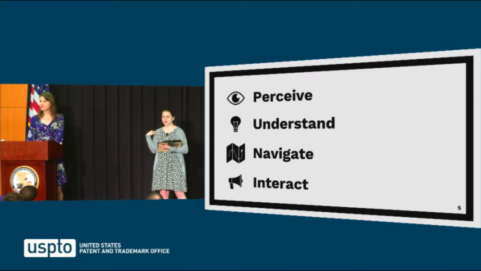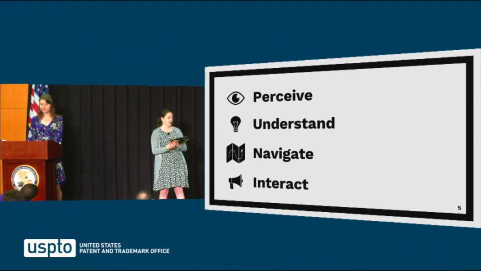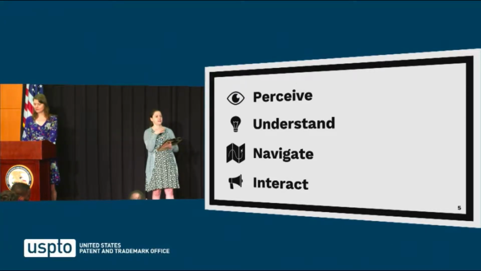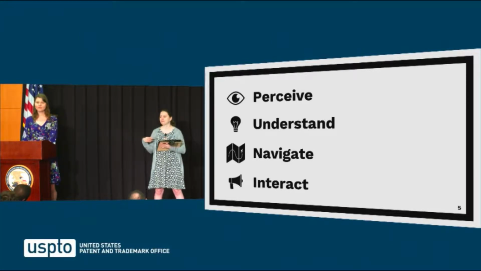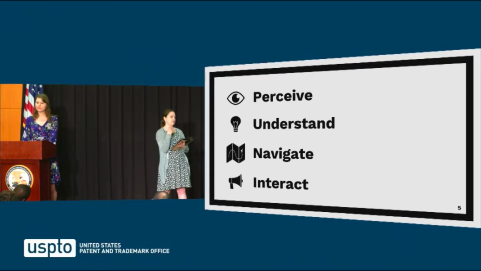Another way that people with disabilities navigate websites is by using speech software. That could be something like Dragon Dictation, which is kind of the most popular one on the market. A lot of people will use that kind of software just in general, like people without disabilities, to type a long Microsoft Word document. But some people with disabilities that affect their hands or their arms, so they're not able to type or use a mouse, can use the microphone to navigate through a website. We'll show an example of that, but they use voice cues to click on different parts of a website.